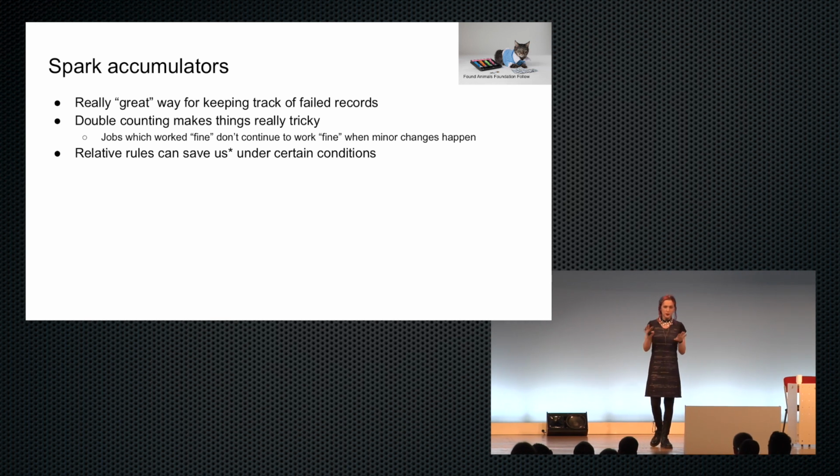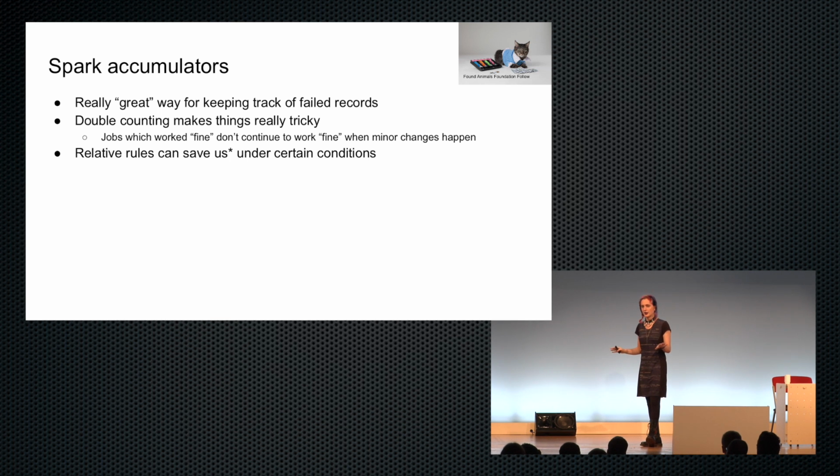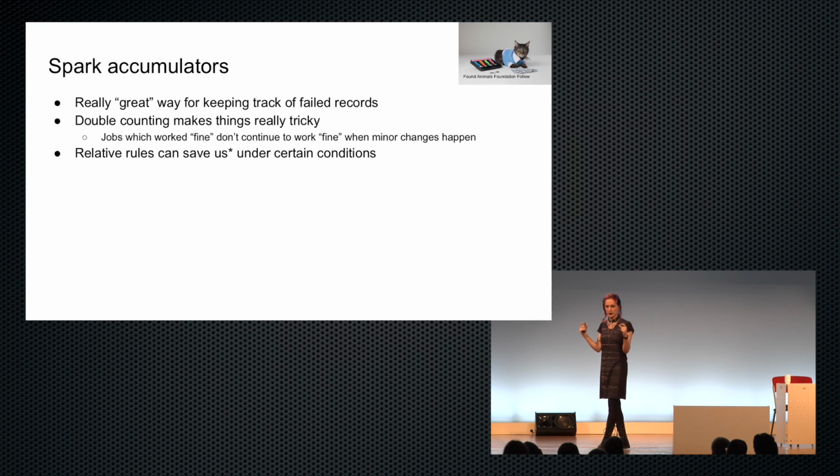The problem is accumulators are kind of flaky, and it's mostly the interplay between caching and node failures where it can get really, really funky. But if you use relative rules, it's pretty OK, because it generally tends to need to recompute a chunk of data at a time. Essentially, don't write rules like, if I encounter 1,000 records that are invalid, stop. That's not a good rule. Write a job that says, if more than K% of my data is invalid, stop, because it might accidentally recompute some of your data several times.